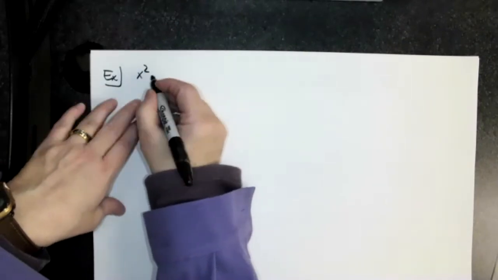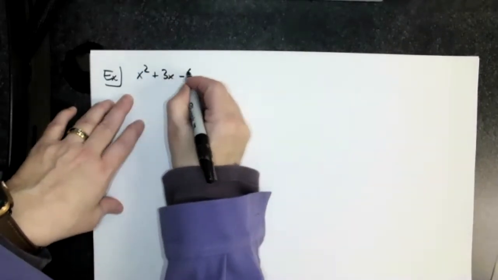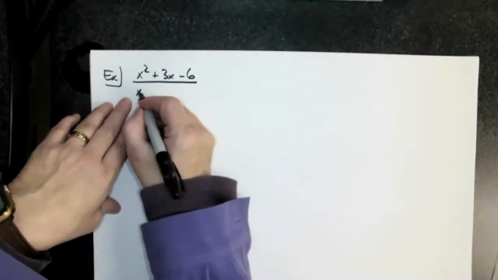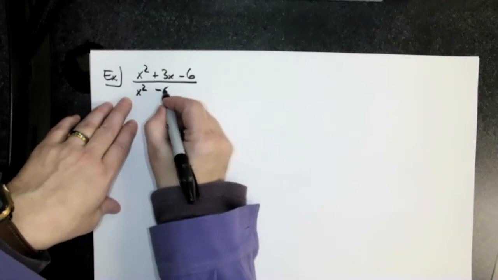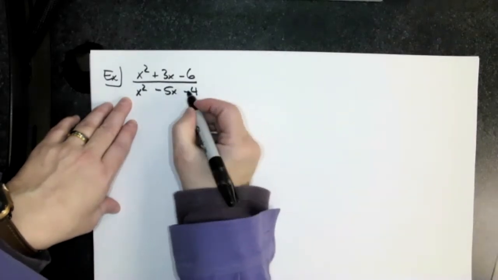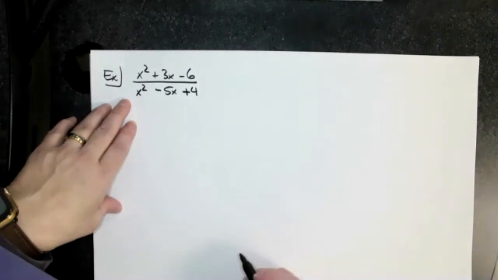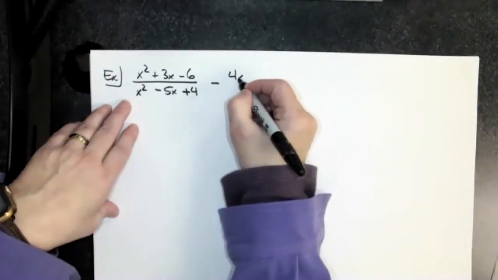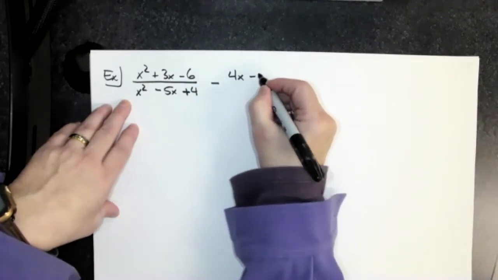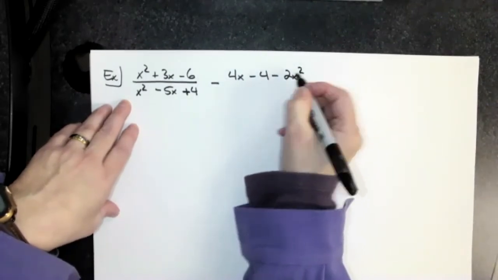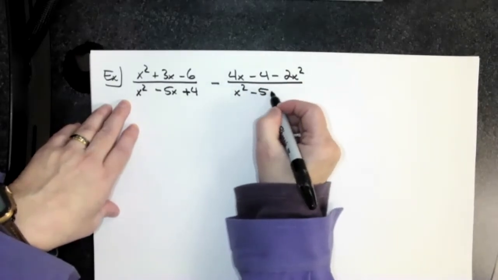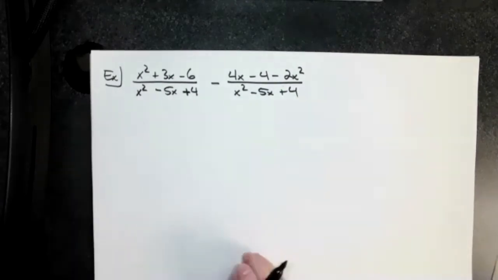So x squared plus 3x minus a 6. And then maybe all over an x squared minus a 5x minus a 4. Nope, let's make that a plus 4 because we definitely want all this stuff to factor. And then minus a 4x minus 4 minus 2x squared, x squared minus 5x plus 4. So we still got our common denominators. Okay, now again,